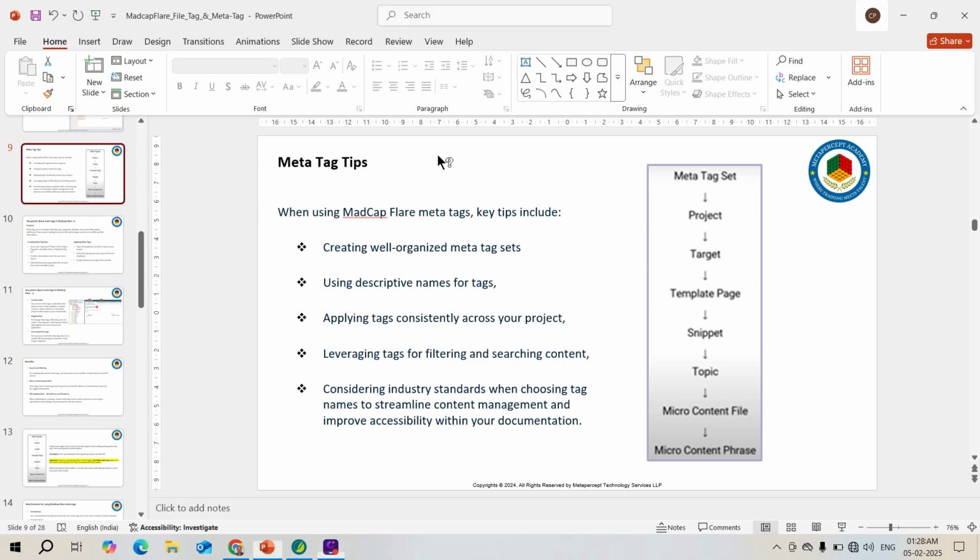Now when you work on this, you have to think about this inheritance. We can go anywhere and set the meta tag, either in project, a target, a template, or snippet. You have to be very clear about this. When using MadCap meta tag, key tips include creating well organized meta tag sets. Just like I created a file tag with the author and the status, you should be very clear about which meta tag sets you want to create. I'll show you some examples,